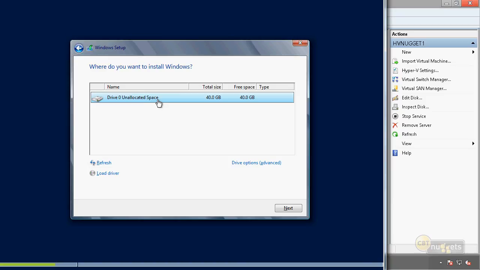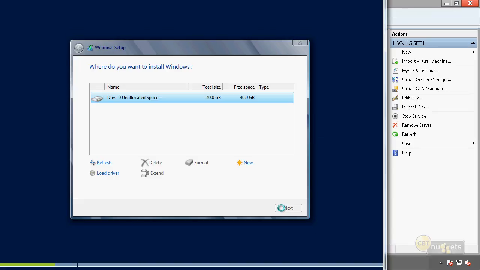Then you can choose the drive space you want to install this on. If I had a mass storage driver and I was using that to expose my storage and I needed to load a driver for it, I would click that right here. I'm not going to do that right now, of course, because I don't really need to. I'm just going to install it on this drive. Now also, if you had to delete an existing partition, or if you wanted to format that partition or otherwise manage it, then you can use these other options that explain themselves pretty well right here.